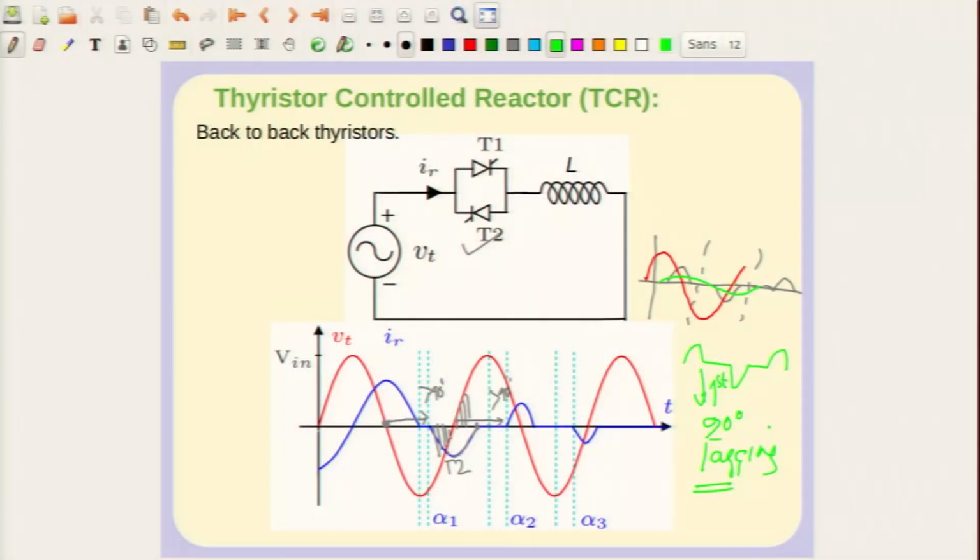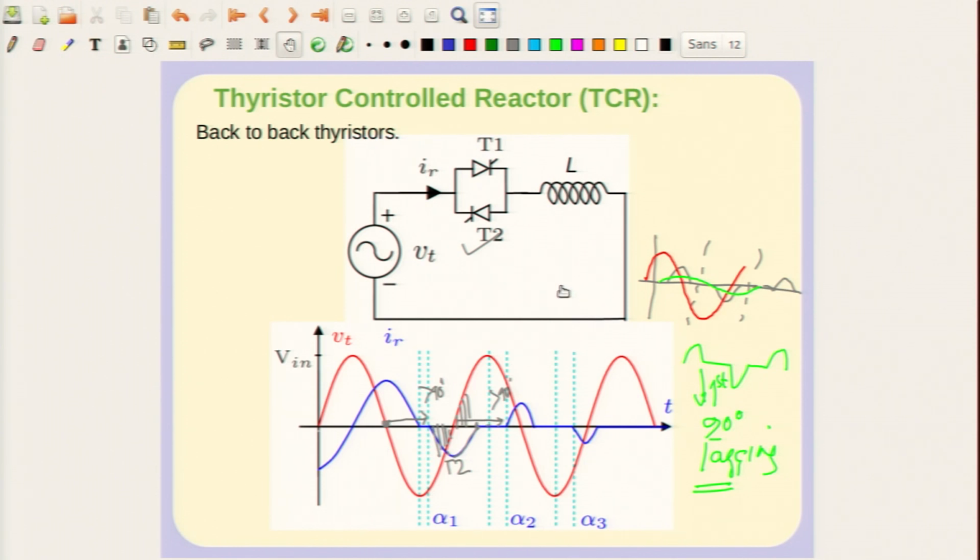So, if you have symmetric bumps on both sides, that is, you fire both thyristors T1 and T2 symmetrically, which is not the case here, because here I have fired it asymmetrically. But in case you fire it symmetrically, you will have a fundamental component of course, but you will not have any DC or even harmonics. And the fundamental component is very easy to show, that it will be 90 degrees lagging the input voltage. So, effectively this device which is thyristor controlled still behaves like an inductor,